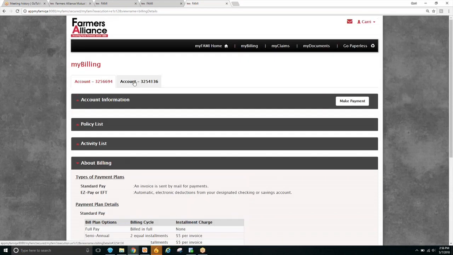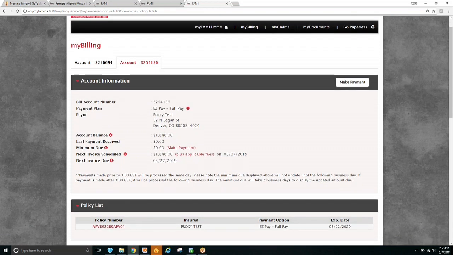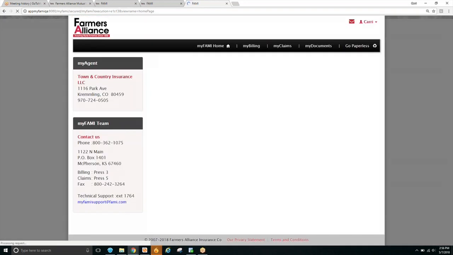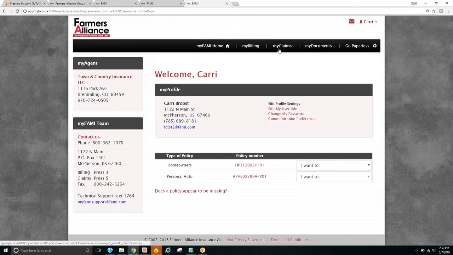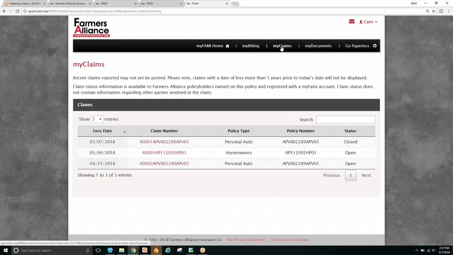And if I click on this other tab, you're going to see the same type of layout. This is just for my auto. So I can make a payment separate on my auto. Next section that we'll look at is claims. So if I click up here in the heading for the claims,